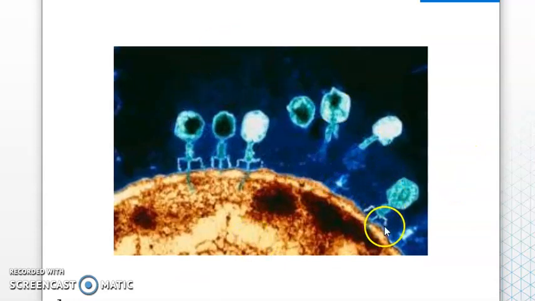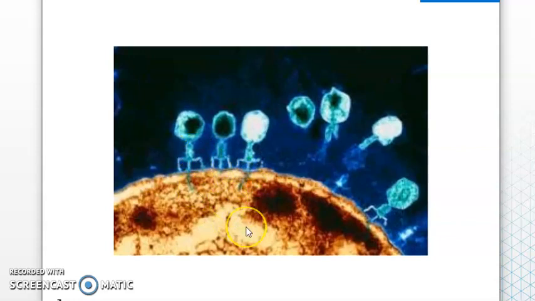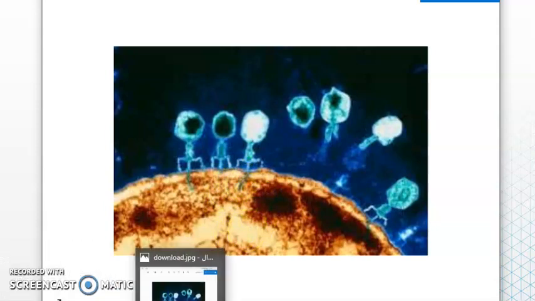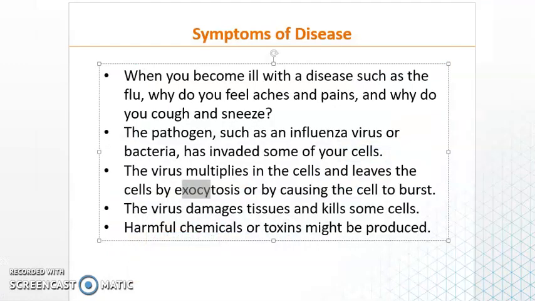Viruses are outside the cell, but they are injecting materials into the cell. This is another way to feel symptoms. When the virus starts to inject chemicals or substances into the cell, or even secrete substances and chemicals that are able to damage and disturb the cells. So viruses, bacteria, all pathogens have different ways to attack the cell. And when they start to attack, I will start to have the symptoms.